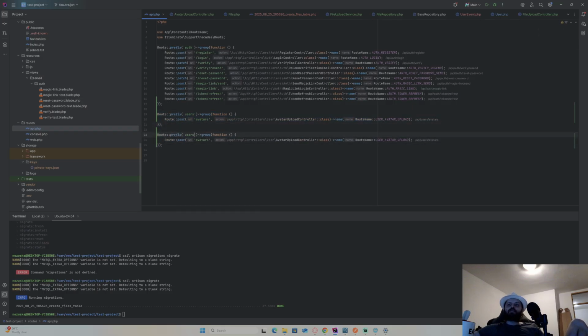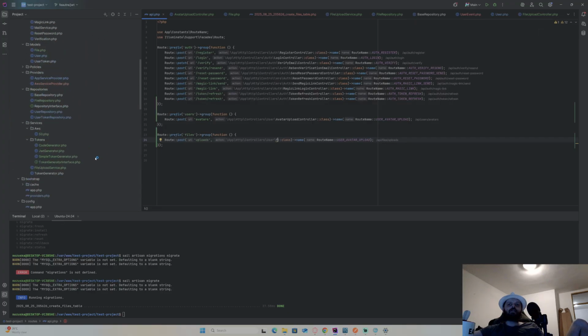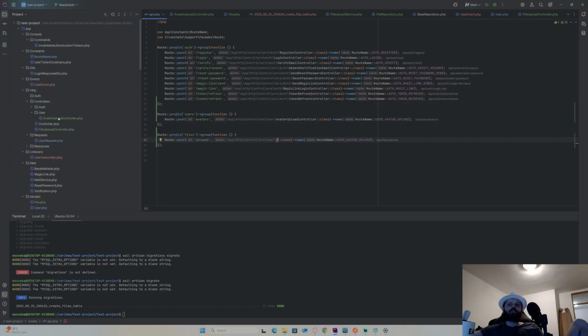This will be files here, group files, and I'll just add these uploads, and this is just gonna be file upload controller, or how is it already called? I will call it that way, right? Well, upload file controller, how did I call it? File upload controller, okay.